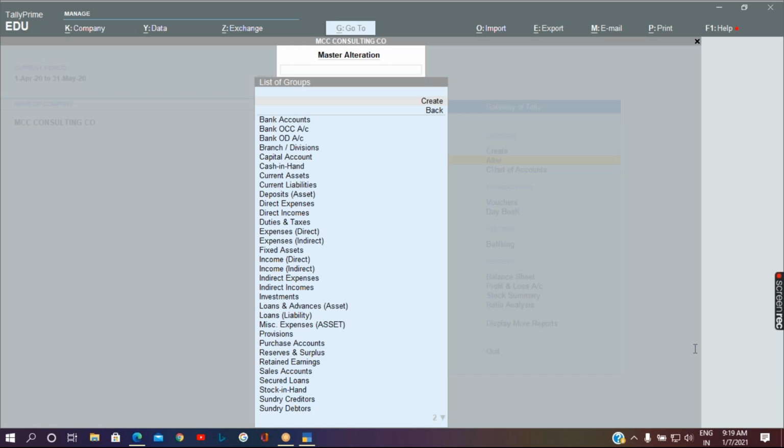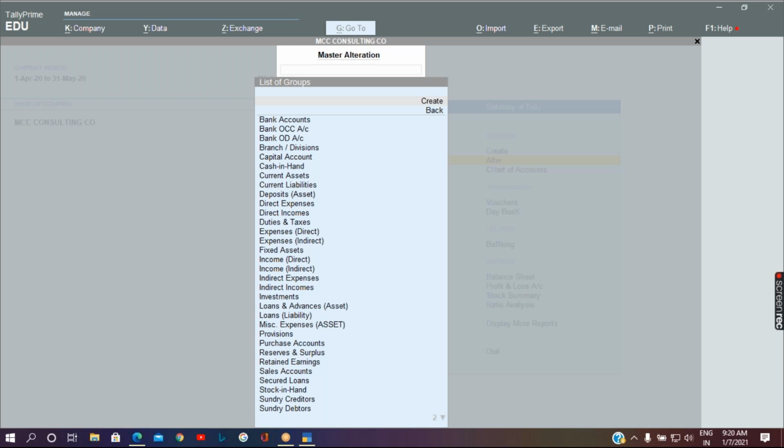There are 28 default accounting groups. In Tally, when you create a new company, by default 28 default accounting groups are created.